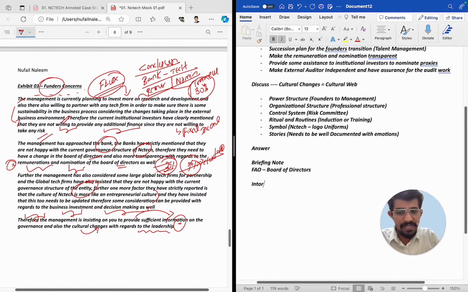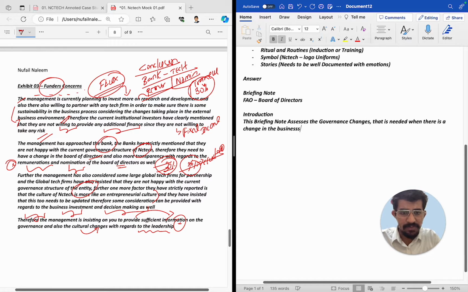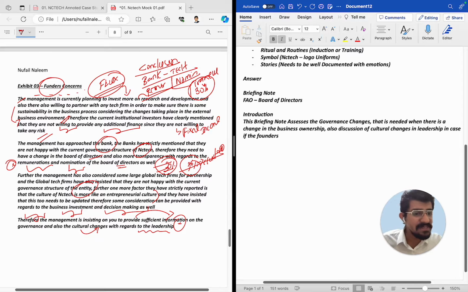And then students, I'm going to write down a basic introduction. So it will be very easy. This briefing note assesses the governance changes that are needed when there is a change in the business ownership. That is one factor to be considered. Also discussion of cultural changes in leadership, in case the founders are stepping down. Students, now if you understand this very clearly, the verbs have been used in the introduction,